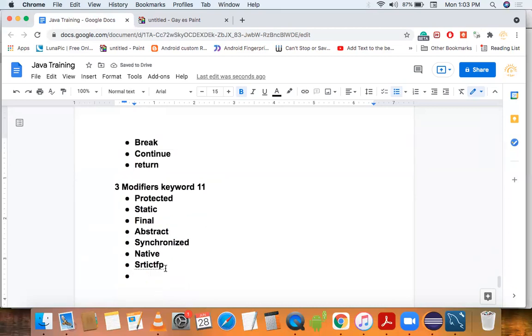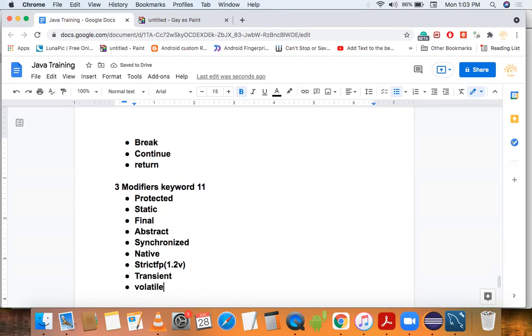and it is introduced in the 1.2 version. Then next is transient, volatile.